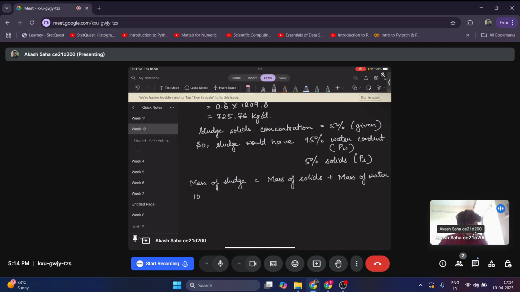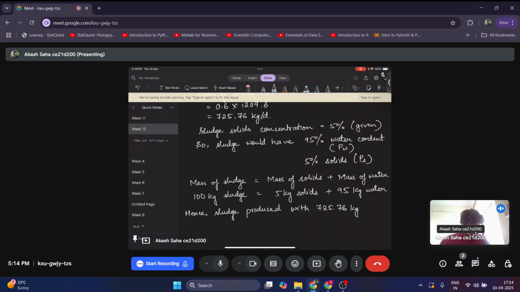So if 100 kg of sludge is there, that means 5 kg solids plus 95 kg water, because that is the ratio. So hence sludge produced